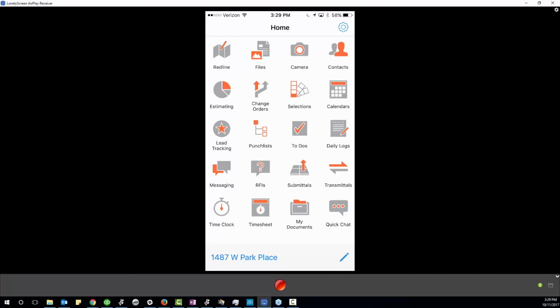But to look at it from the opposite perspective, we've got a few things in here like our time clock in the bottom left and the quick chat in the bottom right that are much more mobile concepts. Clocking in and clocking out to a job is something that you need to do from your phone. You don't need to do that from the office or from a laptop. You need to be able to open your phone, clock in and clock out, and that's exactly what the time